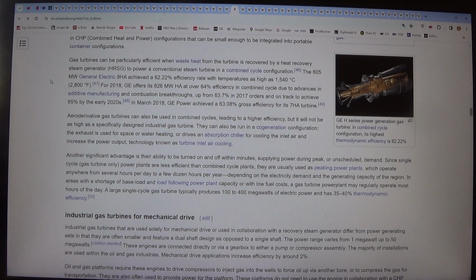The 605 MW General Electric 9HA achieved a 62.22% efficiency rate with temperatures as high as 1,540 degrees Celsius, 2,800 degrees Fahrenheit. For 2018, GE offers its 826 MW at over 64% efficiency in combined cycle due to advances in additive manufacturing and combustion breakthroughs, up from 63.7% in 2017 orders and on track to achieve 65% by the early 2020s. In March 2018, GE Power achieved a 63.08% gross